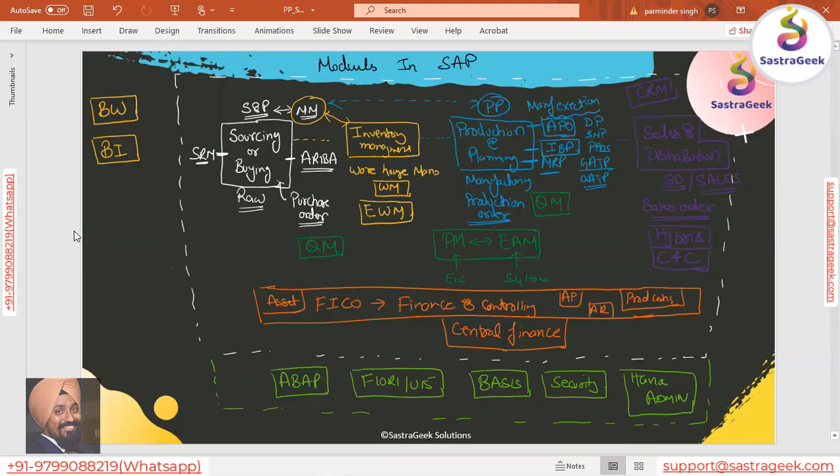Then there would be some HANA data modelers. HANA data modeler is also a kind of reporting consultant who does reporting by using the functions and features available in the HANA database itself. And within the BI part, we have Lumira consultants. We have other BI objects related to that.